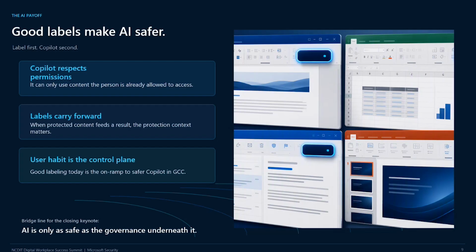The most important thing about AI readiness work is not just the rollout of the new tool, it's making sure you get your data estate labeled, get it permissioned, get it governed. All of this work that DIT is doing on the labeling pilot is going to help with that. Those labels and permissions are going to be foundational in your environment, as well as in any AI-enabled workflows in the future.